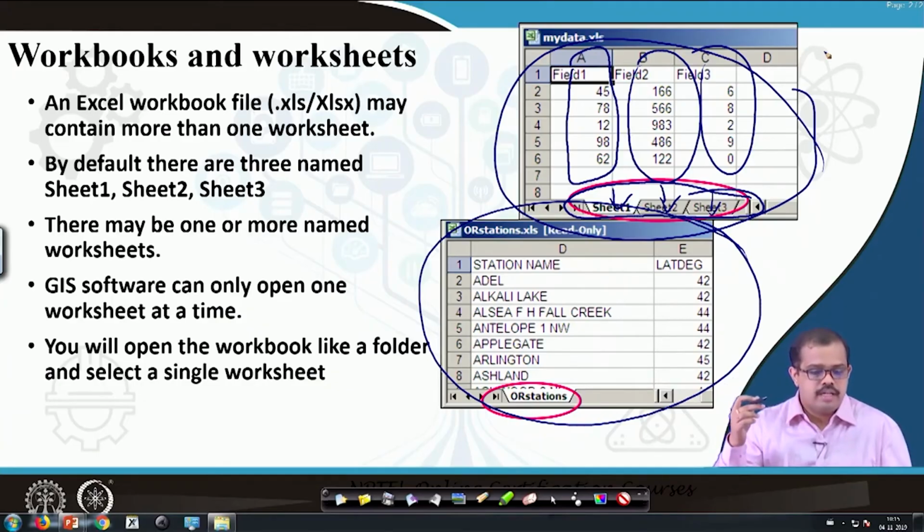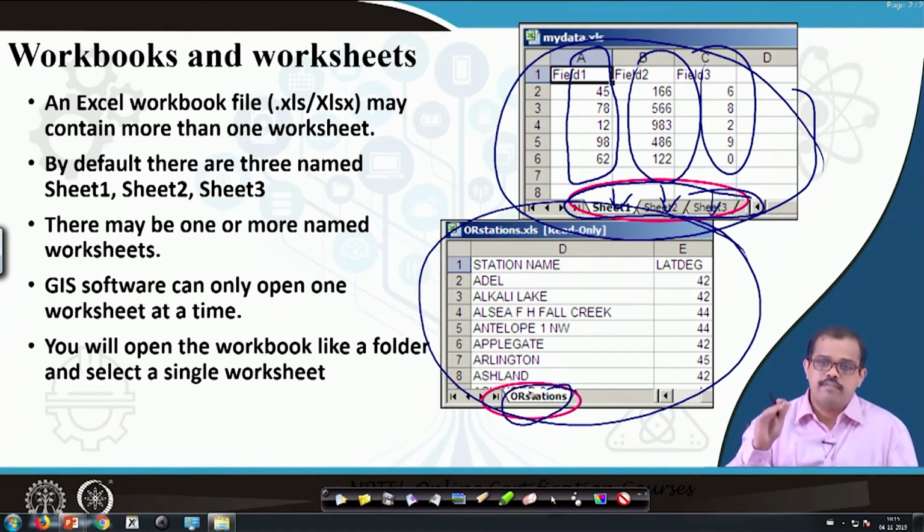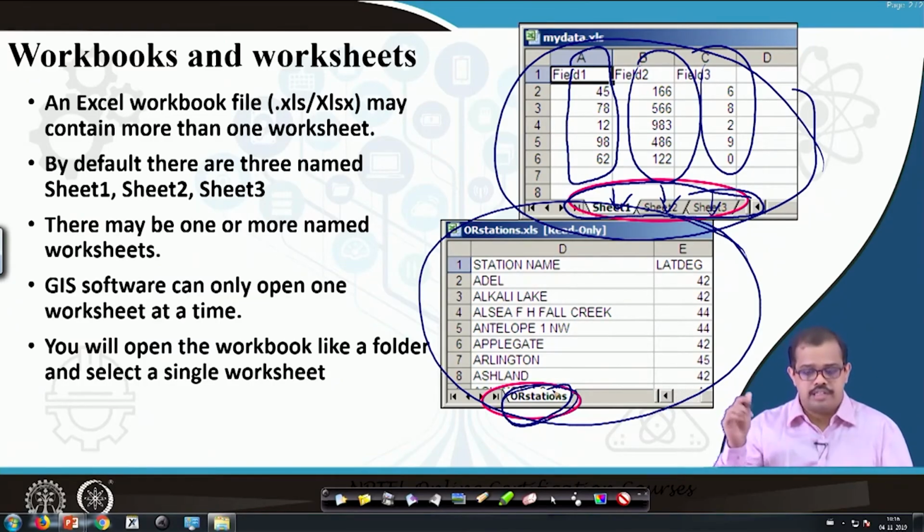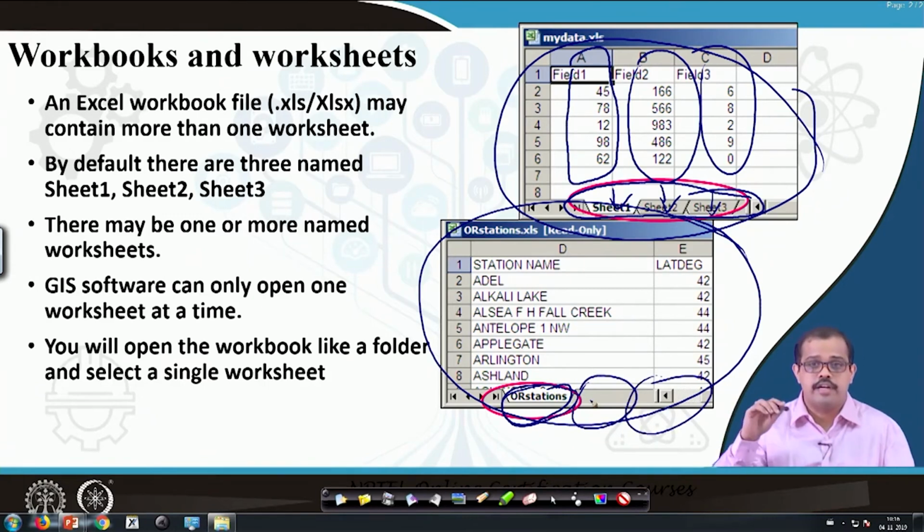Okay. By default, there are three named sheets, as I said. There may be one or more named worksheets. So, I would always suggest to everyone who starts looking at worksheets, you are storing data. For example, the first worksheet is about different recording stations, the next is about temperature, the next is about rainfall. So, keep the names of the worksheets meaningful, because when you open your application, okay, and